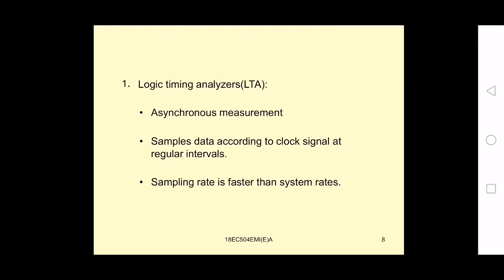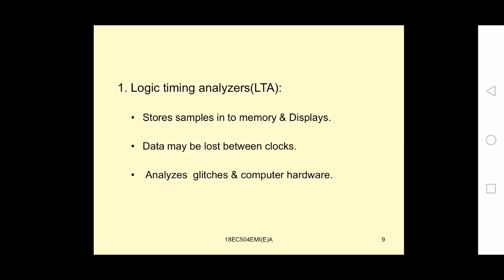The logic timing analyzers are asynchronous and sample the data according to the clock signals at regular intervals. The sampling rate is faster than the system rates. So as it is asynchronous, the sampling rate is faster. It stores the samples into the memories as well as into displays. Data may be lost between the clocks due to the asynchronous nature, but it analyzes glitches and computer